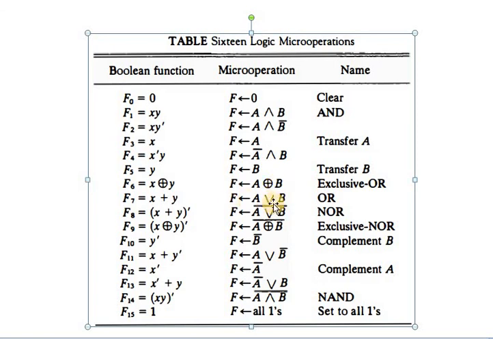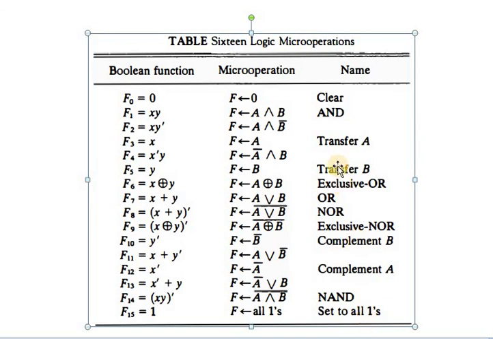So this is normal OR. Here this is the NOR gate, the OR is complemented, which you call NOR. This is exclusive NOR, that is the XOR is complemented here. So here B is complemented, and for this one we are complementing B. Here A is complemented. So these are the things we already know. So here for this one A is complemented, here B is complemented, here the whole OR is complemented, that is the NOR gate. Now see here, this is the NAND gate. So ones complement, and select set to all ones.